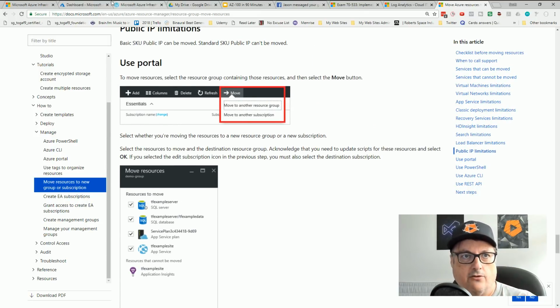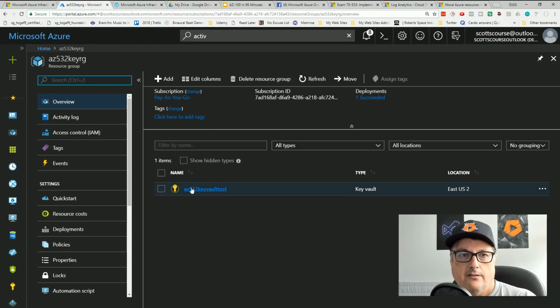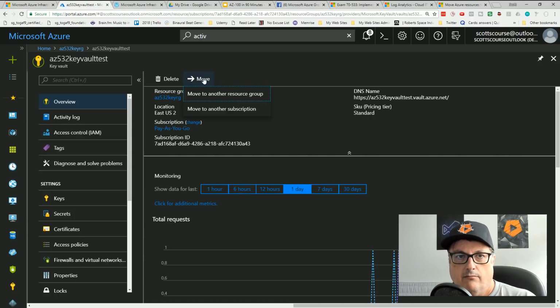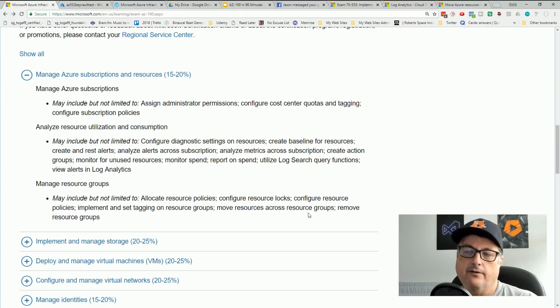Oh wow, let's go look at that. So go into resource. This might be one of the ones that move to another resource group. So there you go. Yeah, thank you, Thomas.